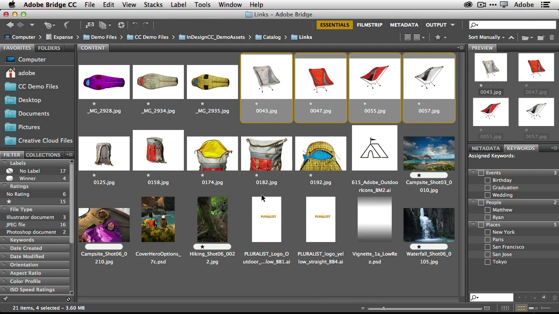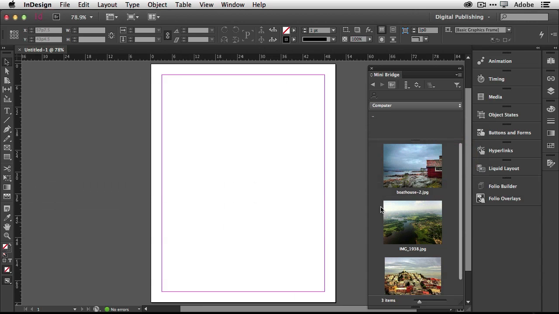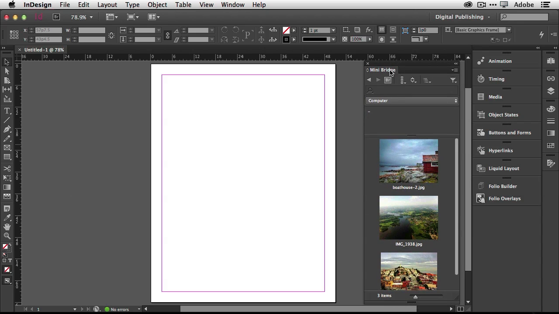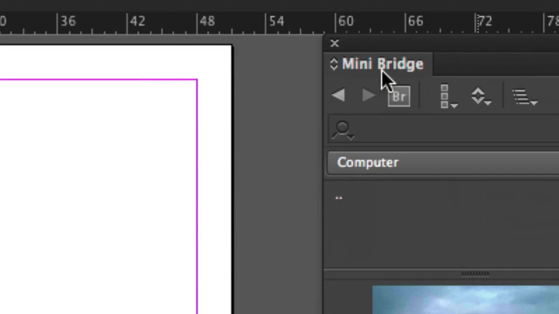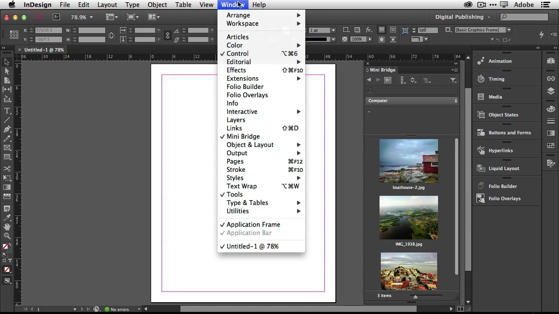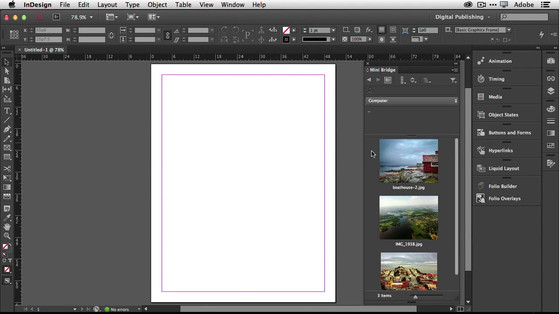Now let's head over to Adobe InDesign for a moment, because I want to point out that in Photoshop and InDesign, you have something called Mini Bridge. Mini Bridge is a panel that you can usually access from the Window menu, and that will open up a panel that gives you the best features of Bridge right inside the application, like Photoshop and InDesign. So for example, if I wanted to place these 3 images into my InDesign layout, rather than me having to switch over to Bridge and go find them, I can do it right here in Mini Bridge and just drag